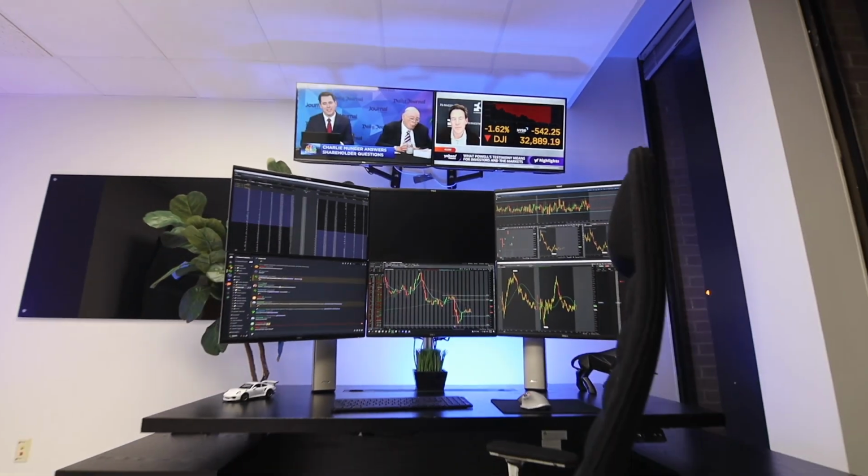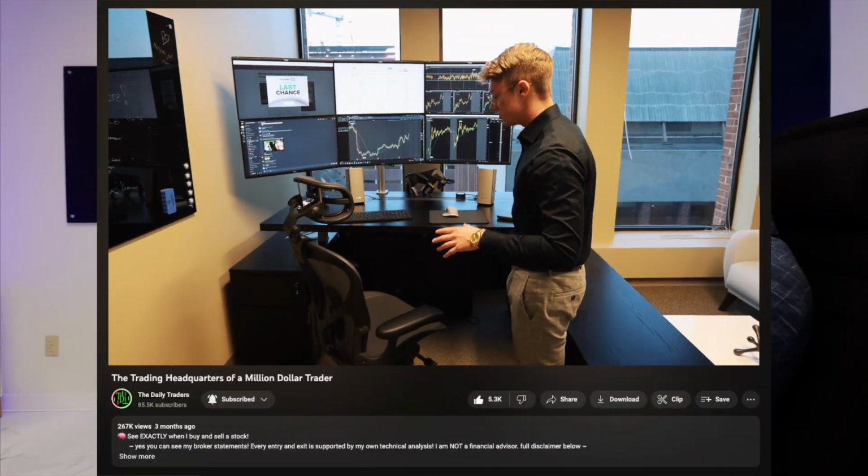So starting off with my main setup behind me, I've got a Ford adjustable height desk from Zuri Furniture. This was about $3,500. It's great. I can stand up when I'm working. I've got my 6 Dell 24-inch monitors. I get questions all the time in the comments, especially on the last office tour video, what is composed of